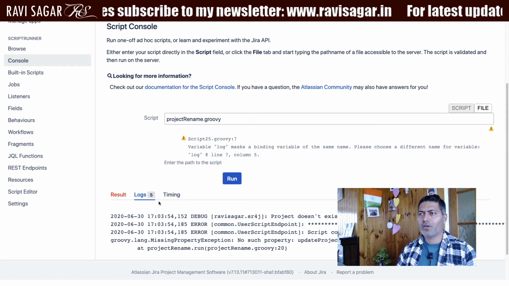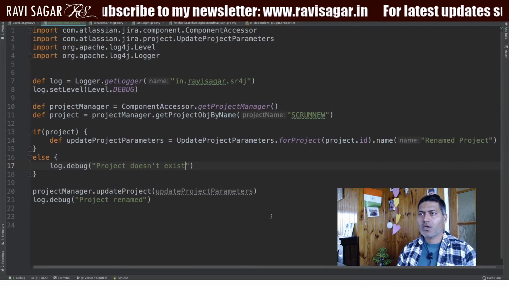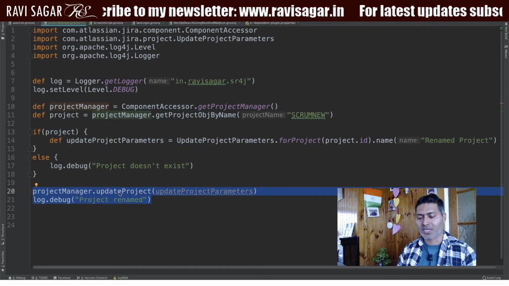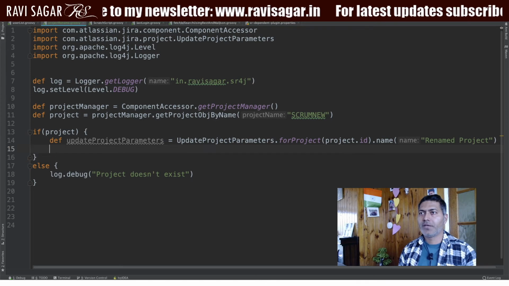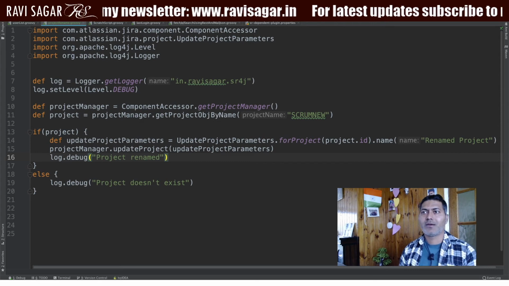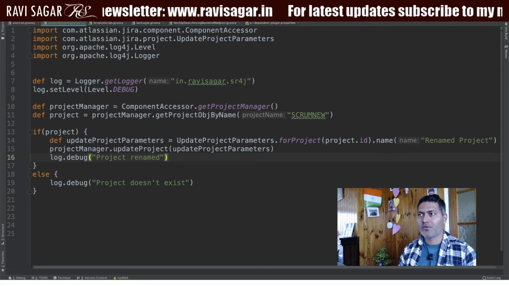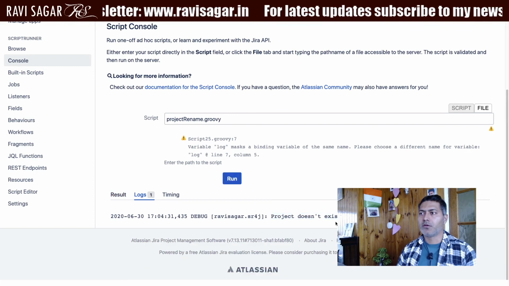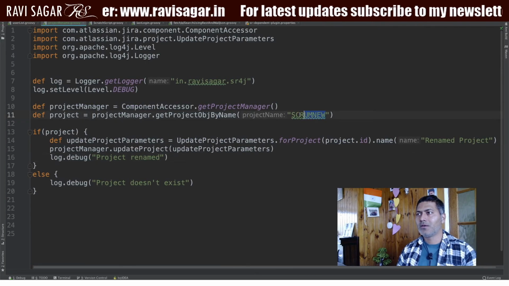because if you look at the log, it says project does not exist, but my project manager dot update project is still trying to rename the project. So I'll copy this particular piece of code and I will include it here. Basically, under my, I mean, only do this renaming when the project is valid or not null. So if we go back to the instance and if we try to run this, it will give us this error, project doesn't exist. And now I can maybe change it to